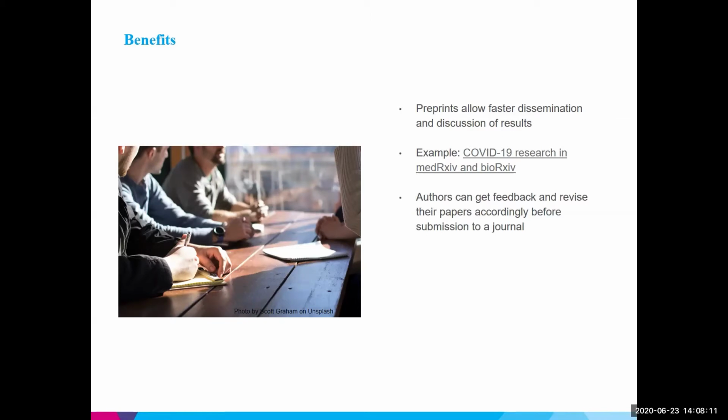Preprints have other benefits as well. So authors can get feedback and revise their papers accordingly before submission to a journal. So remember that statistic I had where it said that 44 to 77% of preprints get published. So it's important to have a good paper to submit to a journal so that it can be eventually published as a peer-reviewed article. And preprints allow you to comment on the research within them and make suggestions. So people can get